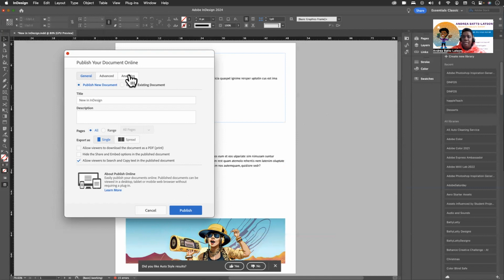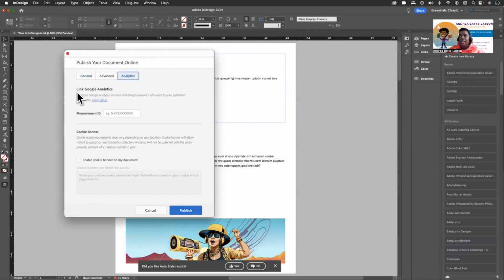By the way, you must have the latest version of InDesign to see this option. If you don't, this option won't be there. So if you're looking at yours and you don't see Analytics, go and update your InDesign, and then it'll be there. All right, so we have this Analytics tab. And what this is going to allow us to do is link our Google Analytics. Now we have to go get a measurement ID. And when you click on that Learn More, it's going to tell you exactly how to get that from your site. Also, you can enable a cookie banner